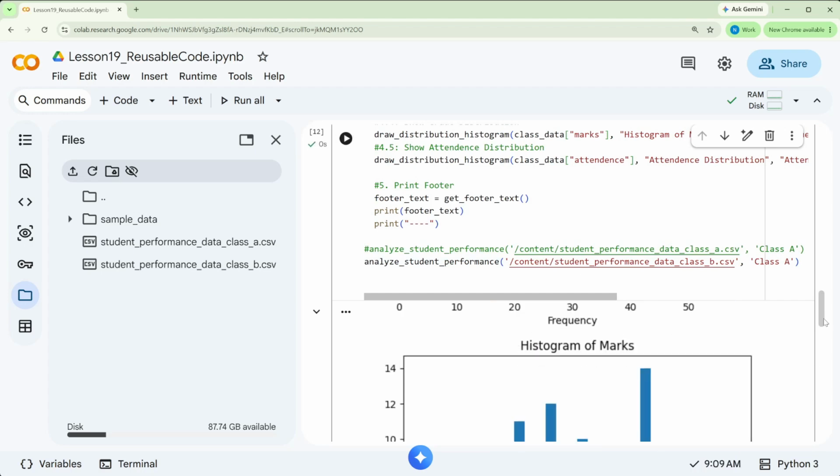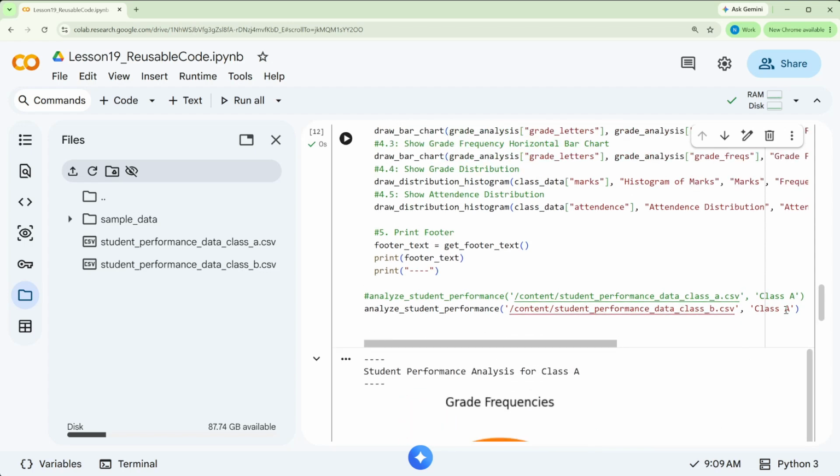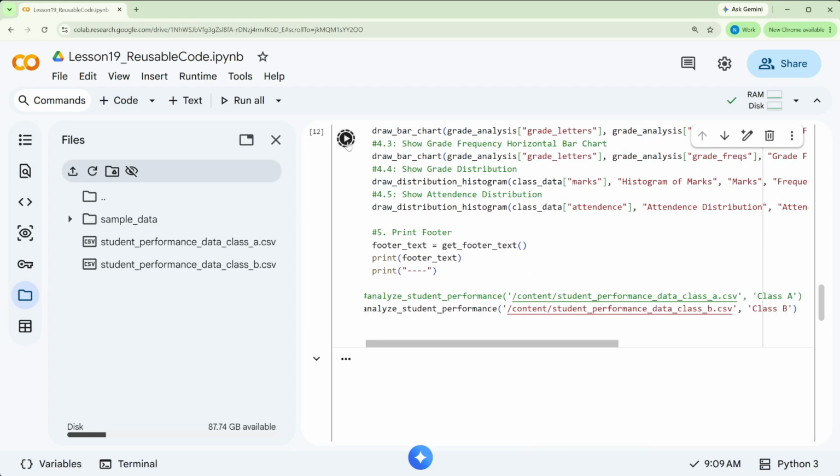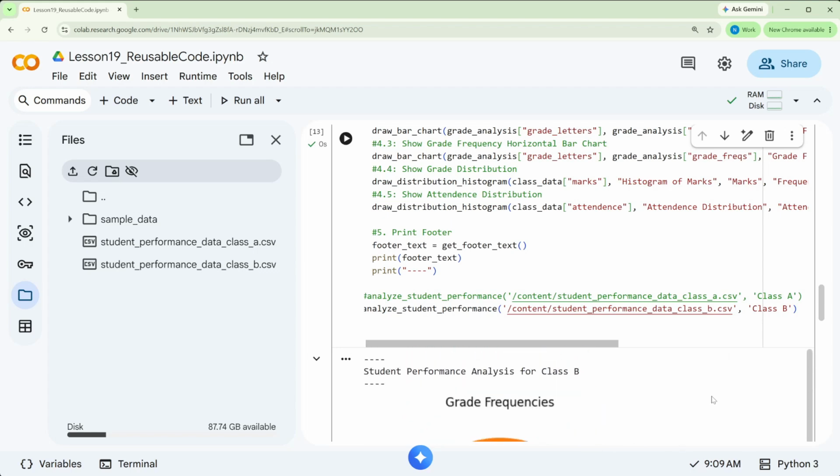Now you can see that the analysis and the results have changed, and we need to fix our class name here. And now you can see this is the data for class B, and so forth. If you have 50 files for 50 classes, you just have to call the function by passing the data for the 50 classes,